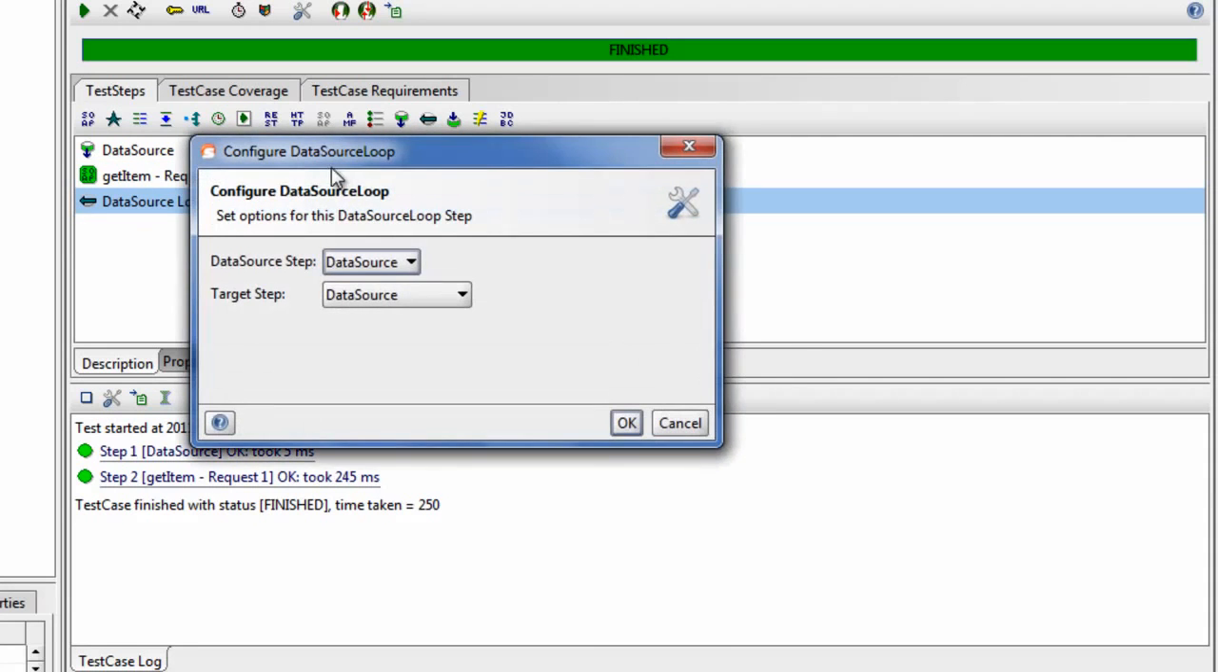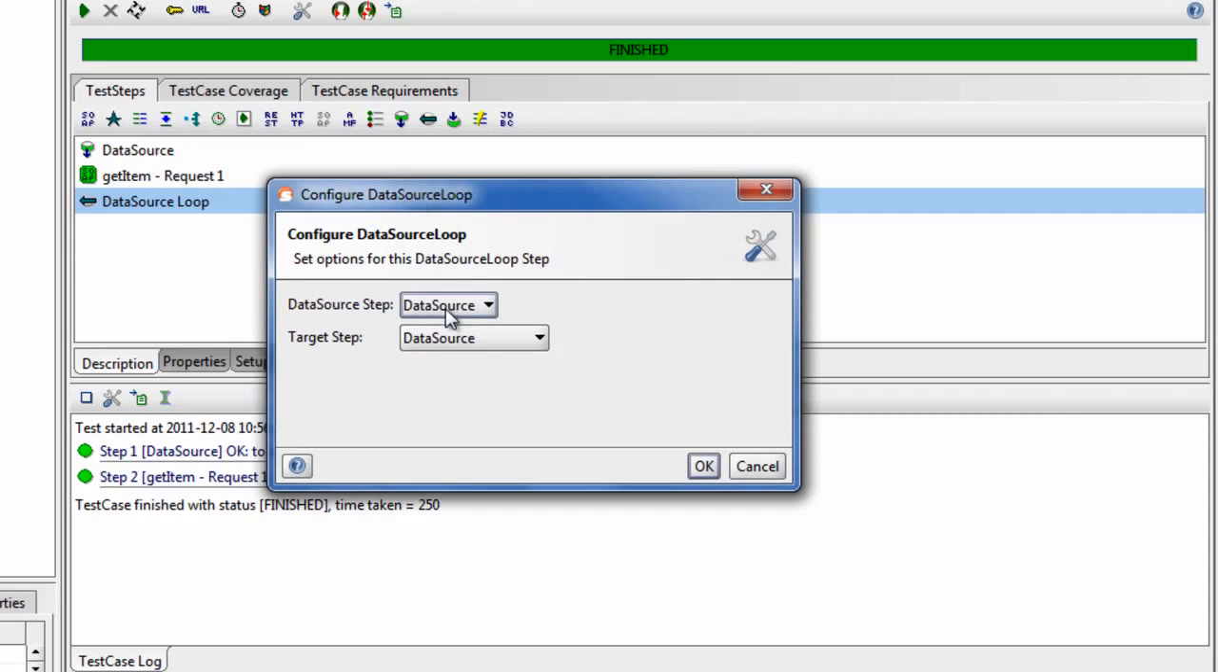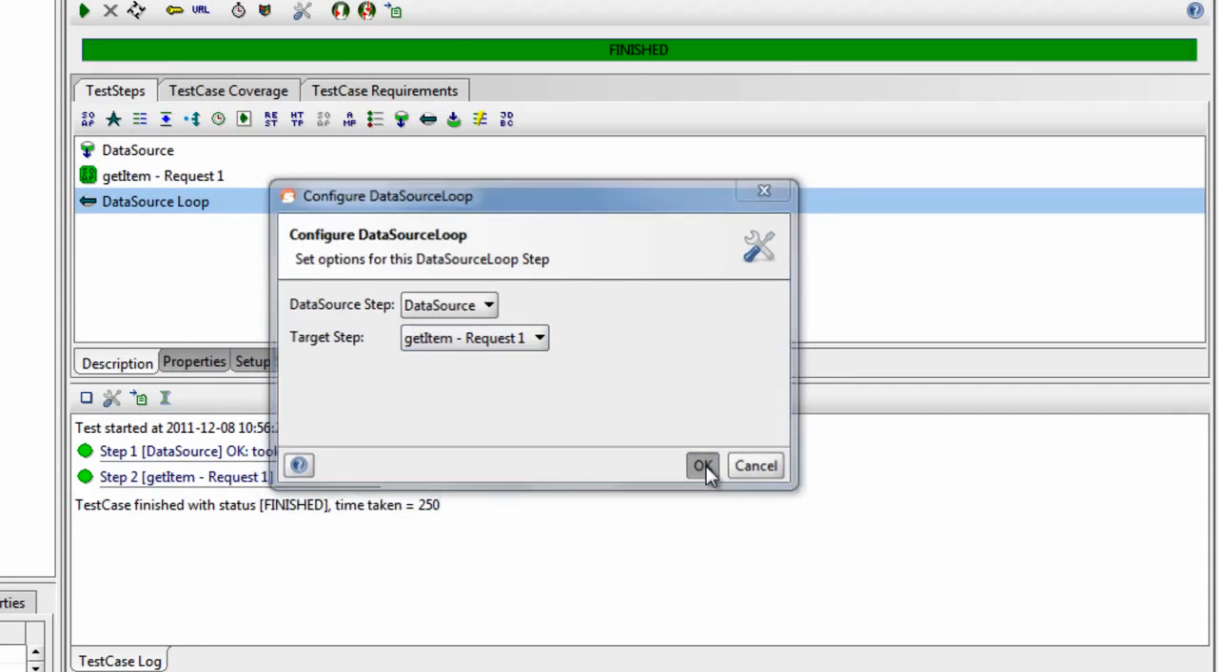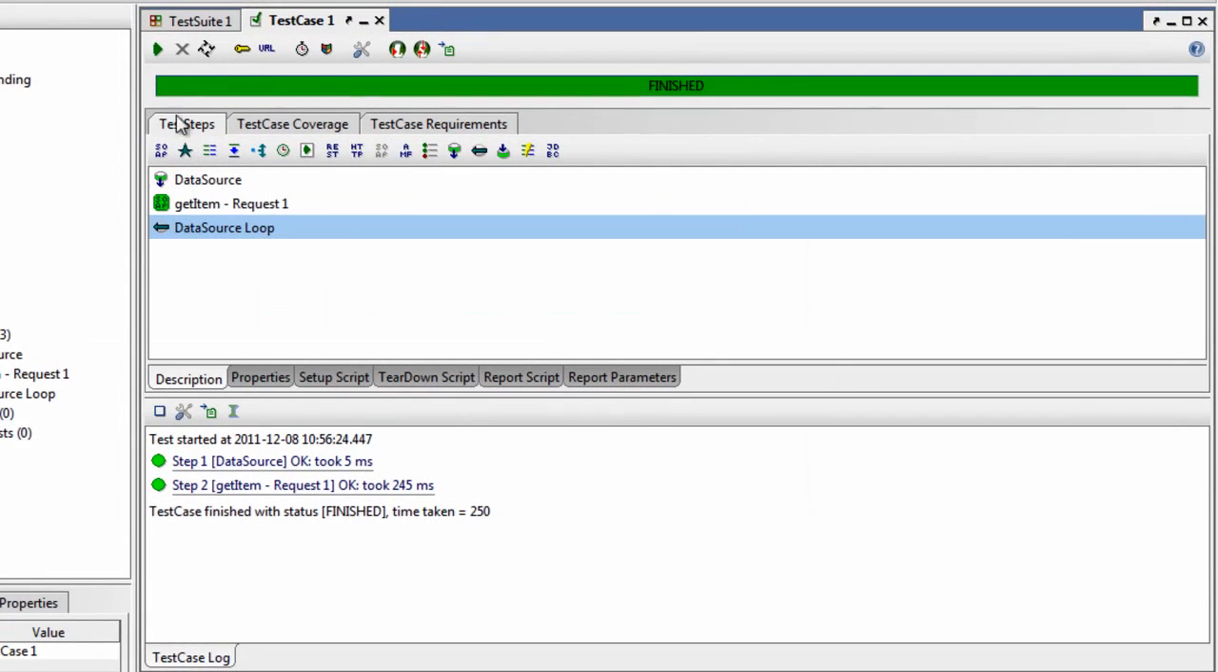And the loop test step, what it does is it'll increment the data source to the next row, and if it has a next row, so if it's not at the end, you tell it to jump back to the request in our case. So it's going to basically loop you through the data source, and as long as it finds another row, it'll jump back to the get item request, which will be executed, and then the loop again until the data ends. So if I run this now,